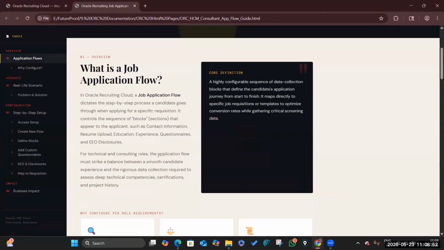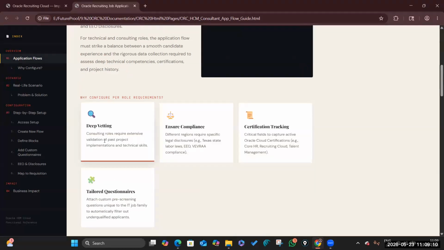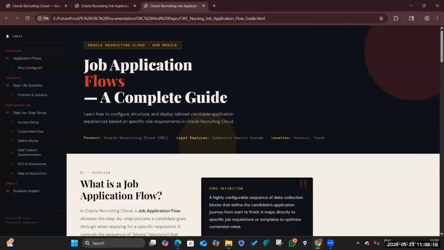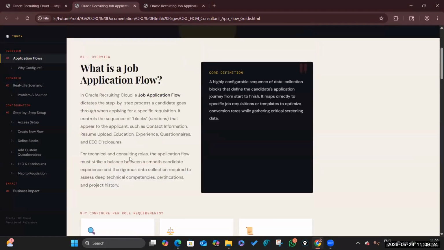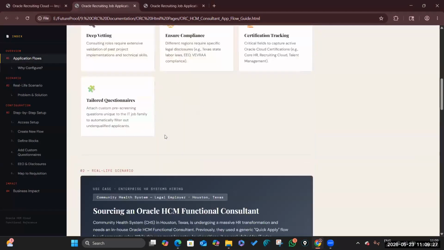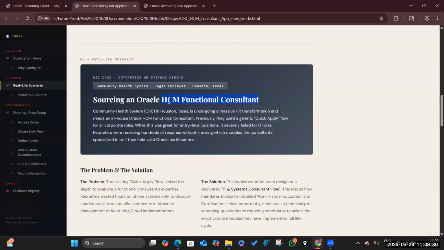In the Oracle Recruitment Cloud, a proper step-by-step process is required. So you want to hire two people, one is an implementation consultant and another person is a nurse. For the implementation consultant, you want to maintain a separate flow. And if you see here, I have created two different job flows. One is for Oracle HCM implementation consultant job flow and another one for,